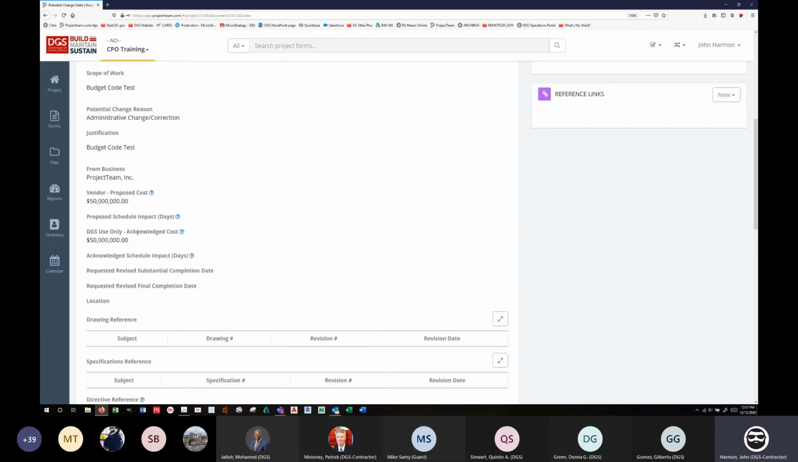The acknowledged cost is what's going to carry over into the change order. Okay, so this is the step to get that into the change order. You need to come back once you've gone through the whole PCO review and approval acknowledgement process. We don't use the word approval, so none of the vendors think that they're approved to do the work. It's acknowledged. Whatever you put here is going to carry over to the change order. They can request a revised substantial completion date. They can request a revised final completion date. The change order is going to either agree to this or not,